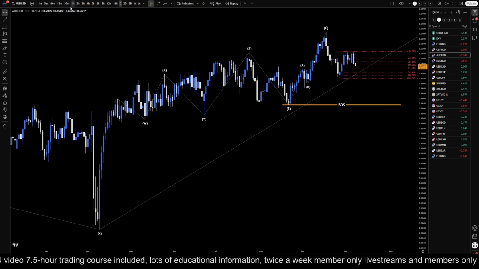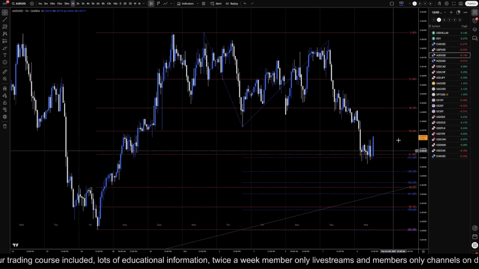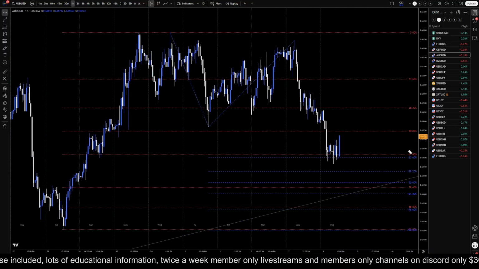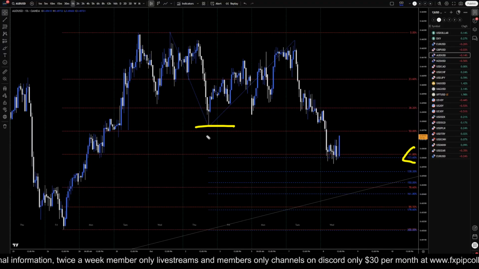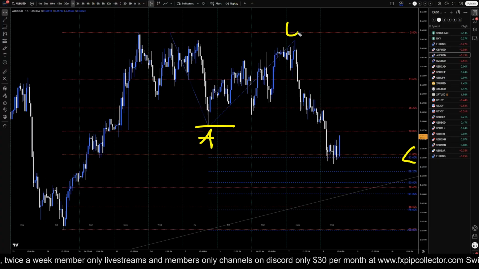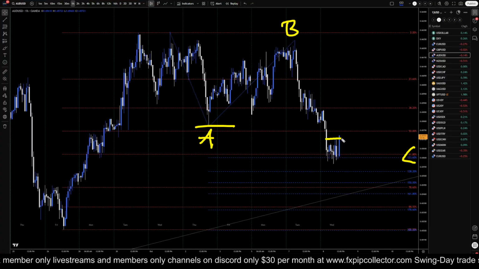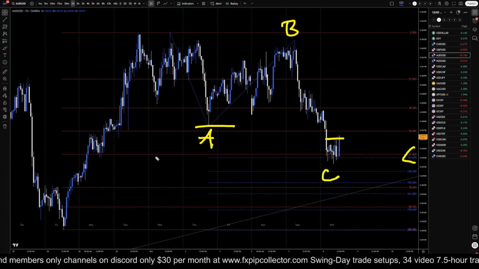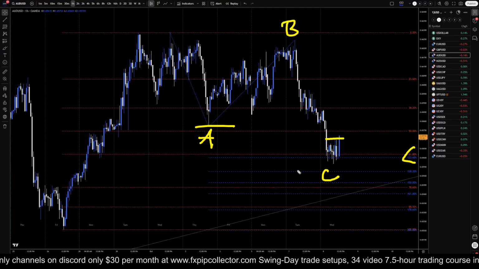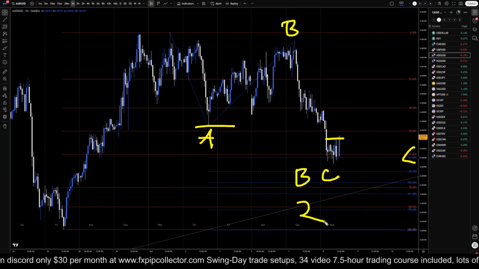Now, going down to the 1 hour time frame, you would definitely think otherwise. We are definitely at the 61% Fibonacci retracement. We're at the 123 Fibonacci extension of what could be a wave A, projected off what could be a wave B. We are definitely making an impulsive up, and we are trying to break structure to the upside. There is definitely a chance that this is like an ABC of B, or possibly even an ABC of 2.